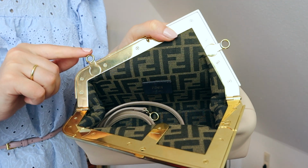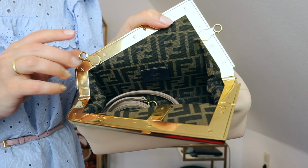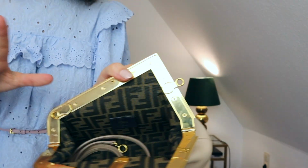It locks, so it does not wiggle around, and if you don't want to use the strap anymore, you just push again and can turn it. I don't have to say a lot of bad things about this bag. One of the tiny cons I did discover is